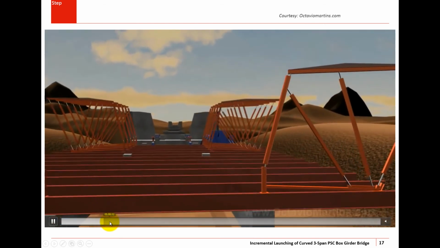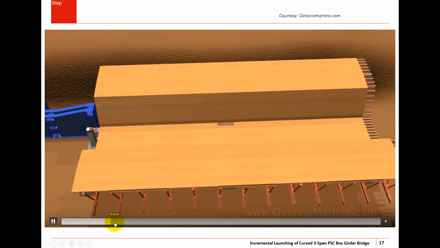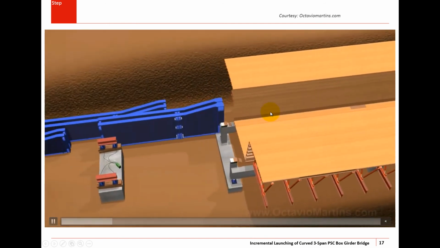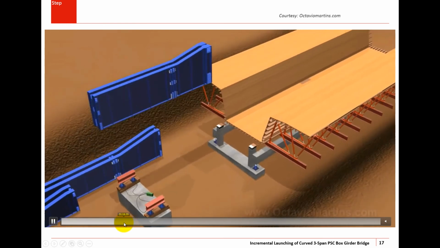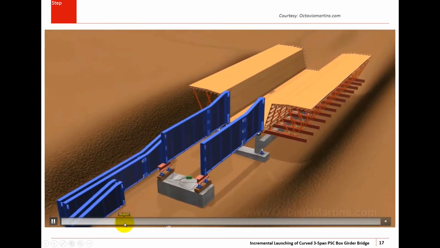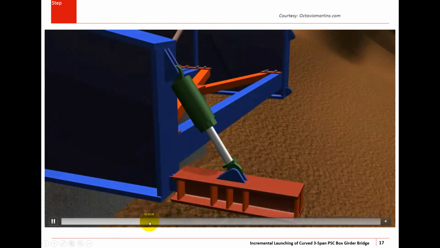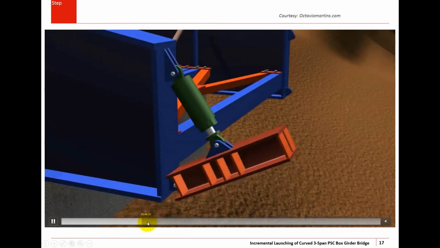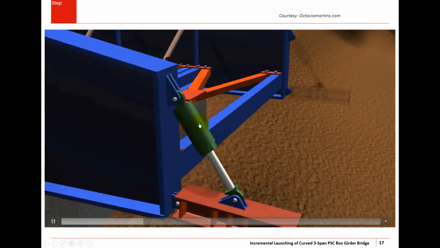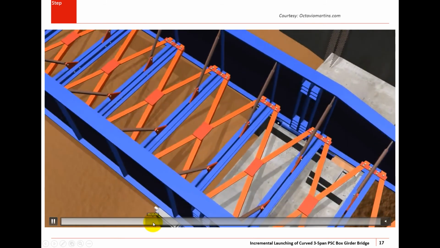All the required formwork would be set up, and then the formwork would be erected, and the launching nose would be established on the temporary supports, and the jacks, required jacks,